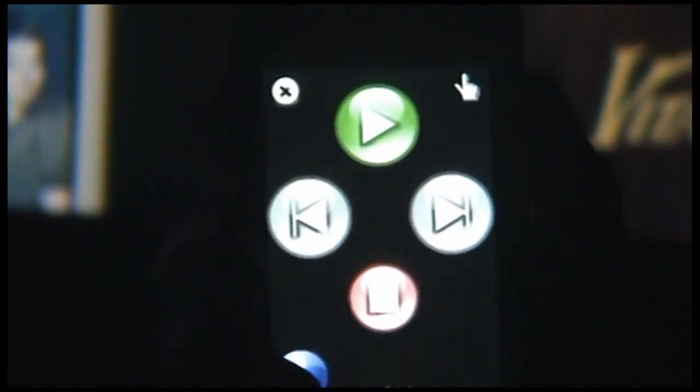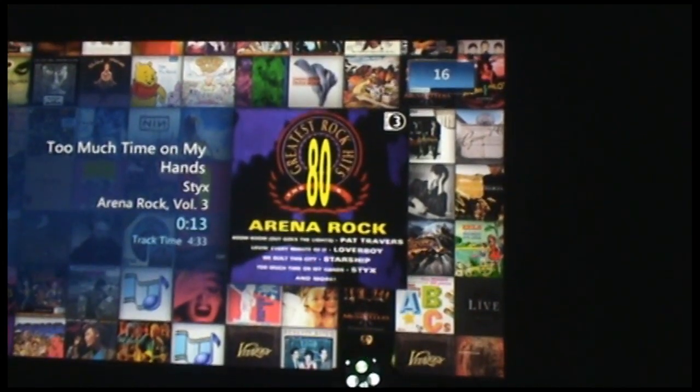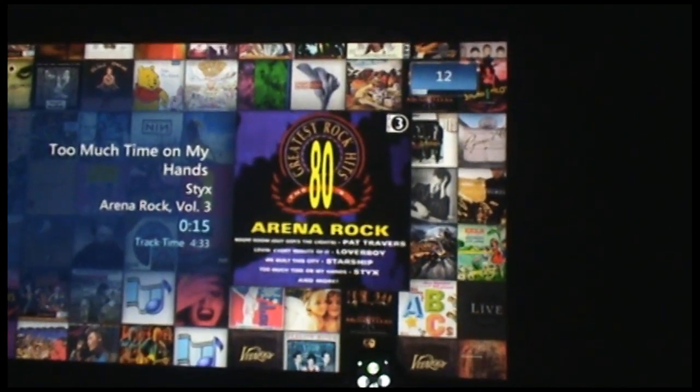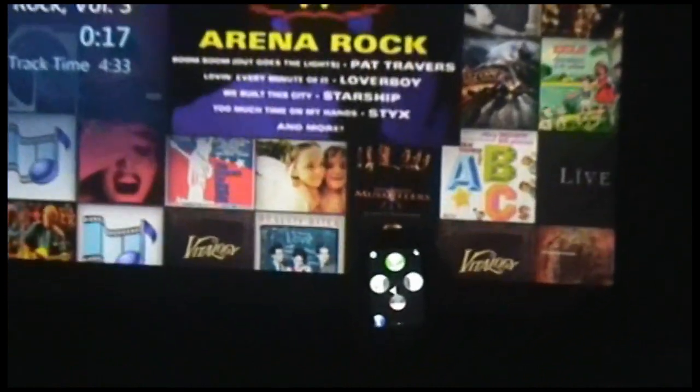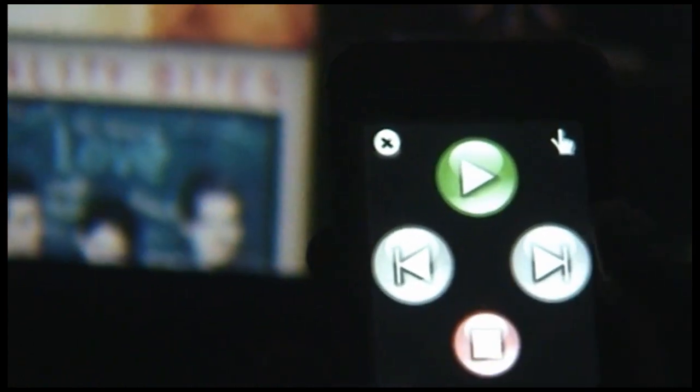Using the hardware volume controls on the iPod, I can change the volume on Media Center, and it'll stay synced up with what you see on the screen. I'll go ahead and mute that. You can skip to the next song, stop,